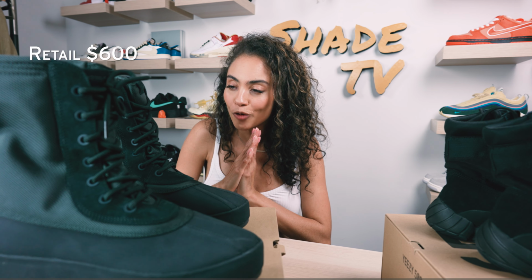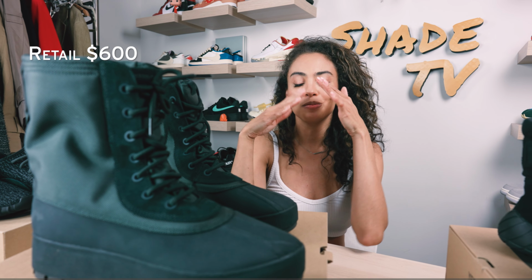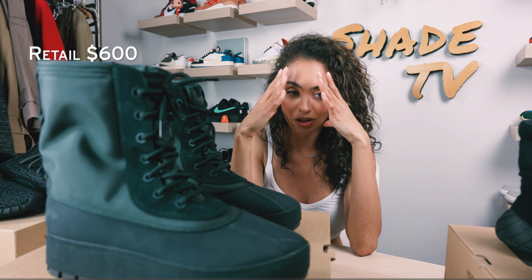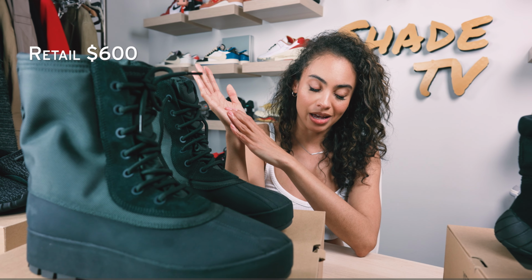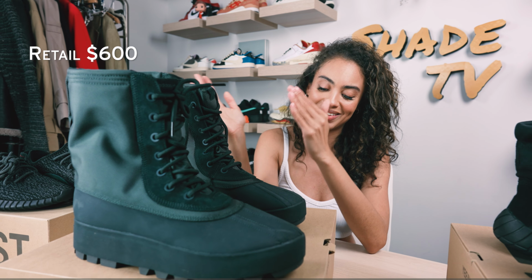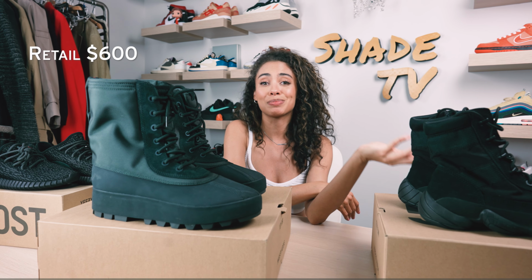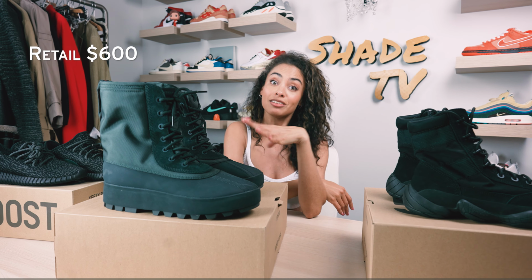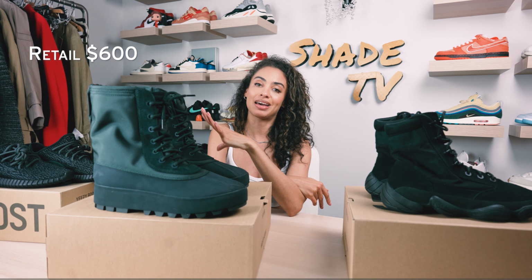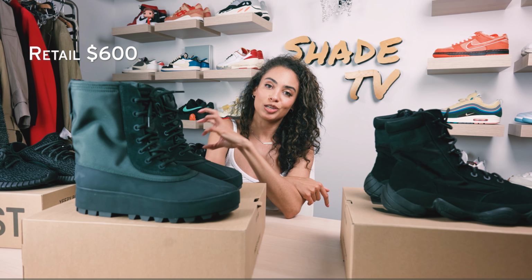You'll act it out. All right, so as far as the price point goes, this was a whopping $600. Oh my freaking God. Spent $600 on a boot. Crazy. If you're not somebody who wants to splurge on the $600 950 silhouette, there is this option, which is about half the price point that you're going to spend. Of course, they look different, but this is definitely one of the most expensive Yeezys that you will have the